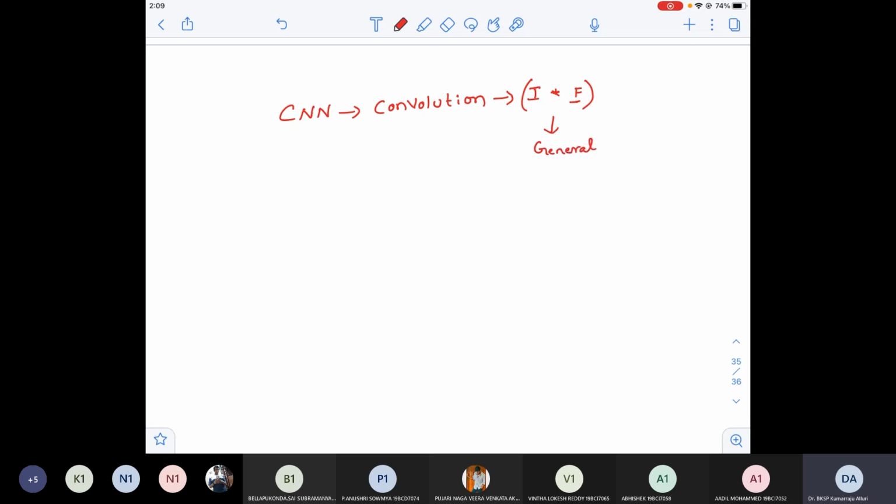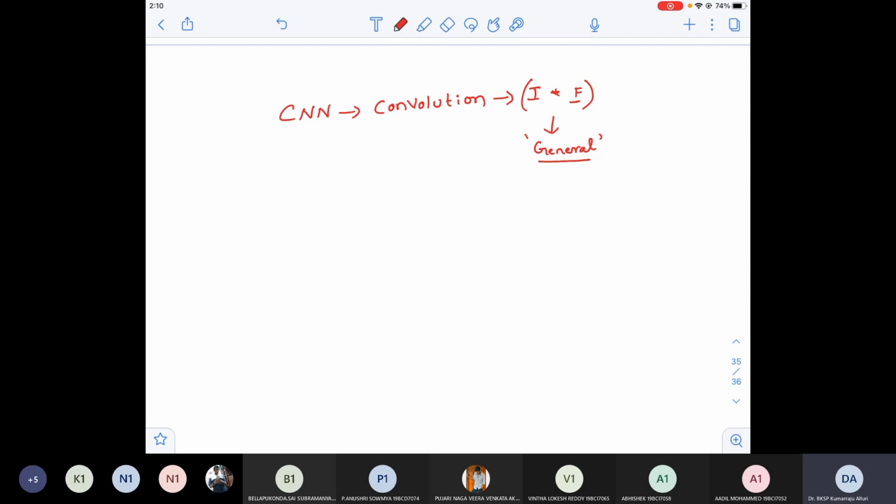Instead of classifying with the exact pixel values, I take the help of my neighbors and try to give importance with respect to the pixels. Take the example of me staying in a gated community. I will not talk with my neighbors on an equal priority. Maybe I talk with one of them very frequently, and with the other neighbors I don't talk much. Similarly, in a particular image, if I want to generalize my understanding, I take the pixel values and add them up.